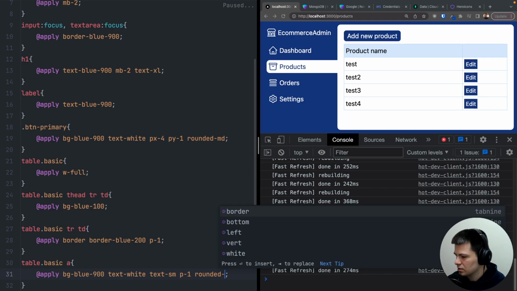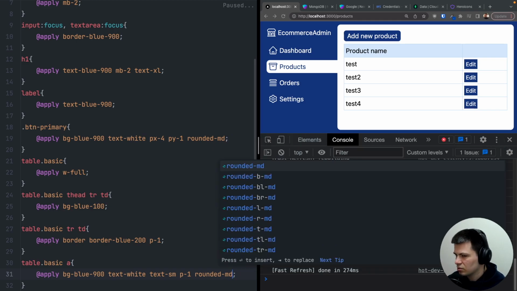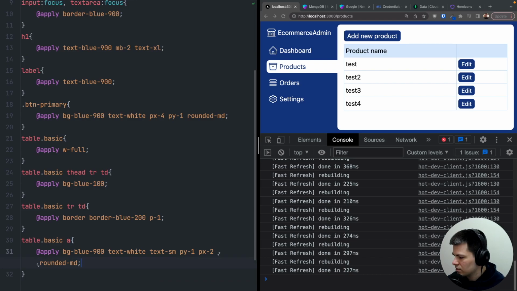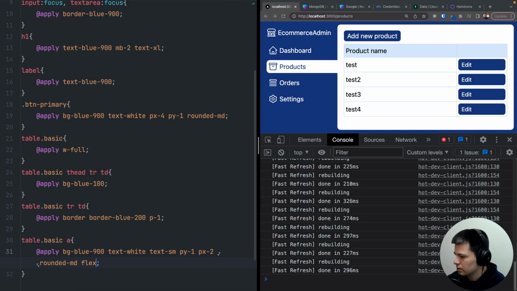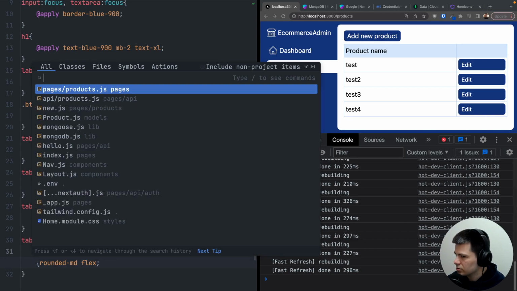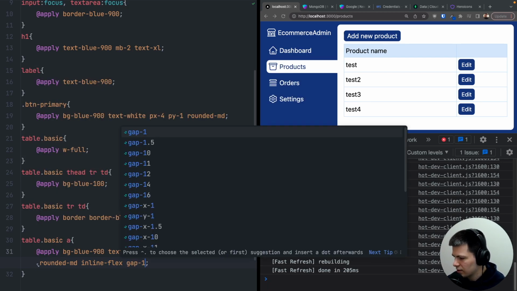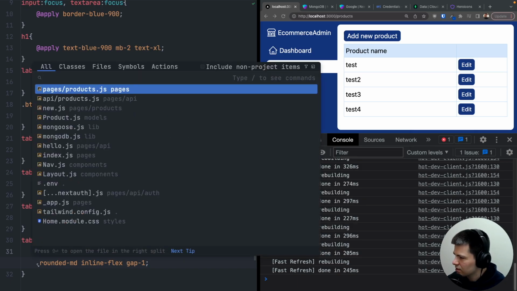Let's do rounded corners medium, something like this. And I want to increase on the sides padding to make it 2. Yeah, this will work. And I want this to be flex. Right, and now I will also, or maybe inline flex. Yeah, and now I will also add a gap of 1 in case there's something more inside, and I will